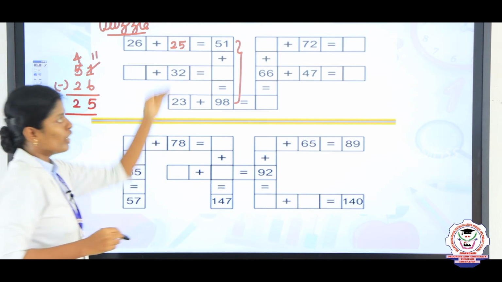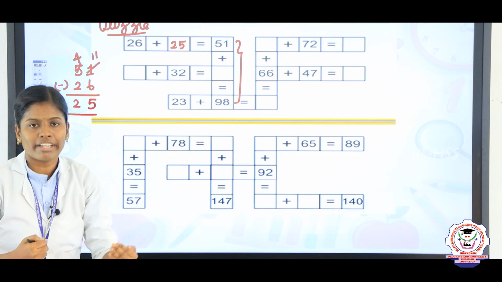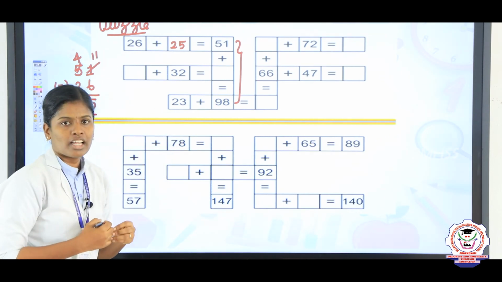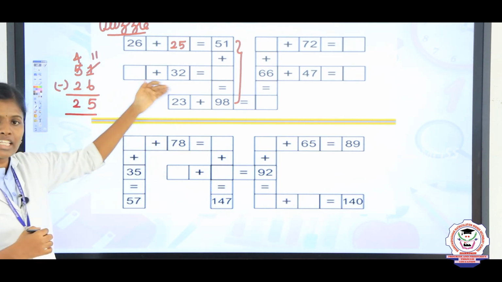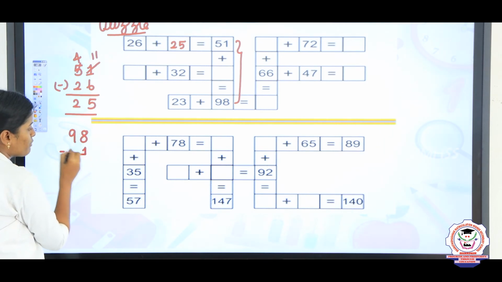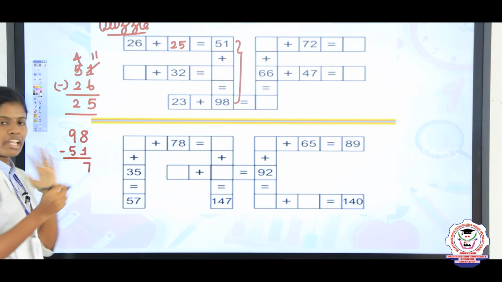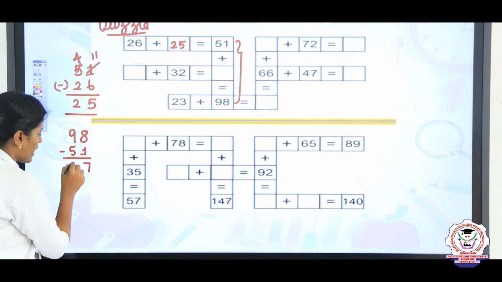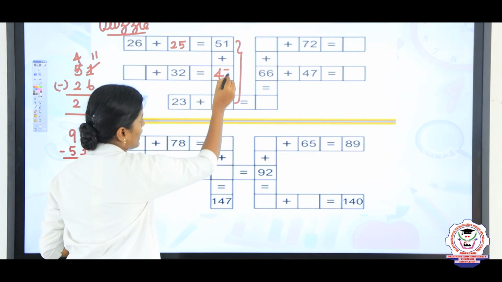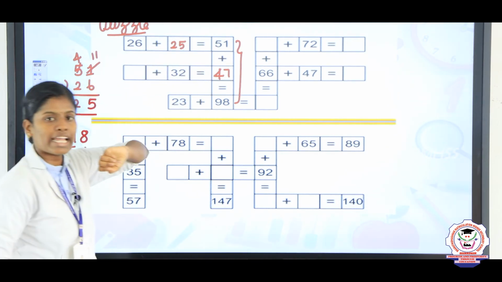Okay. So now you take 51 plus dash equal to 98. Now we are going to find what number should be added to 51 to get the sum 98. Simply you take 98 minus 51. 8 minus 1, the answer is 7 and 9 minus 5, the answer is 4. So the answer is 47. Write the answer 47. If you add, you will get 98. So 1 plus 7 equal to 8. Next 5 plus 4 equal to 9.